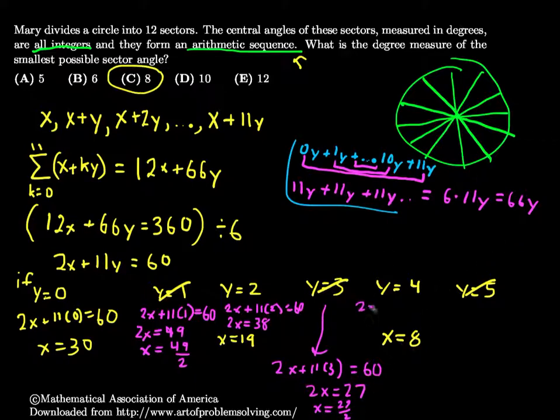This one, 2x plus 11 times 4 equals 60. So 44, subtract it from both sides, 2x equals 16. So x equals 8. And this one, 2x plus 11 times 5 equals 60. And 55, subtract it, 2x equals 5. So x equals 5 halves, and that's no good because we have to have an integer. All right,